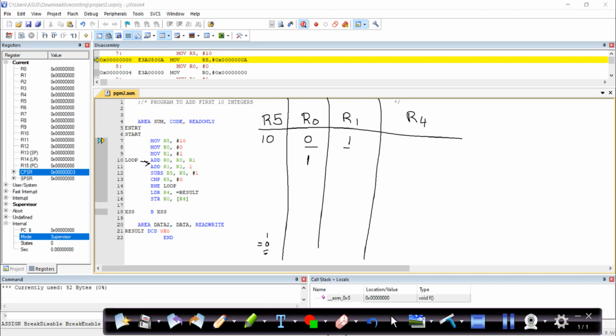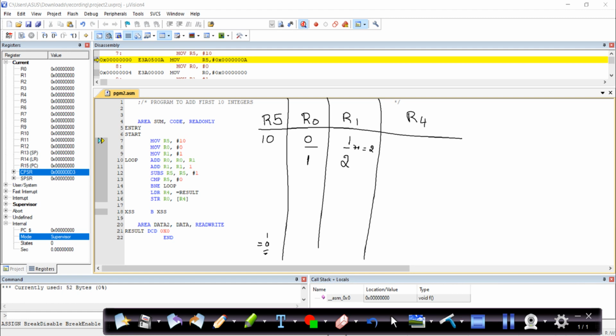Now let's go to the subsequent line. The next line is ADD R1, R1, #1. So I'll increment by 1 here. I'm adding 1 to R1 so that it has become 2, since 1 plus 1 is equal to 2. My R1 value is 2.